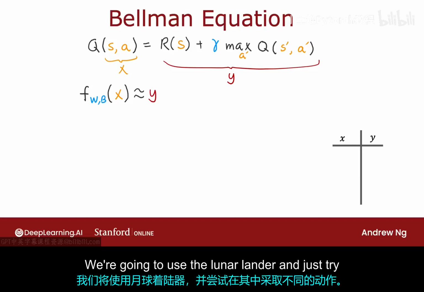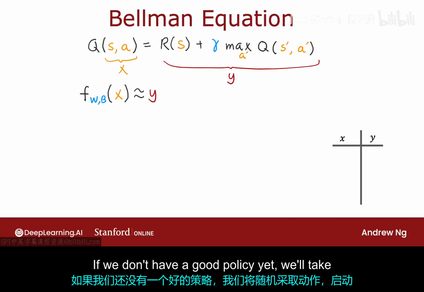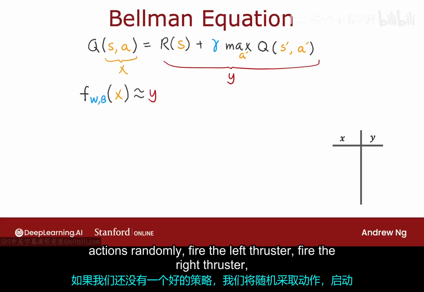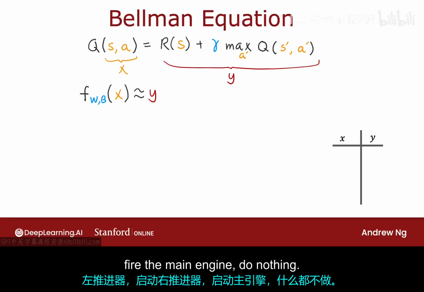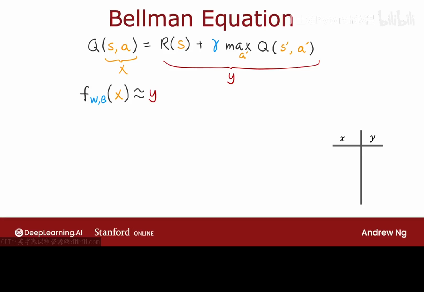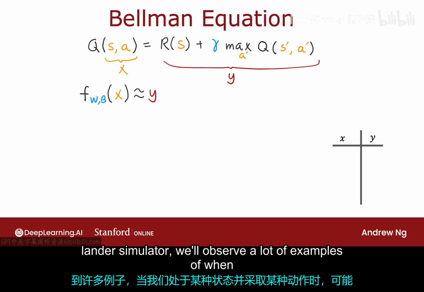We're going to use the lunar lander and just try taking different actions in it. If we don't have a good policy yet, we'll take actions randomly: fire the left thruster, fire the right thruster, fire the main engine, do nothing. And by just trying out different things in the lunar lander simulator, we'll observe a lot of examples of when